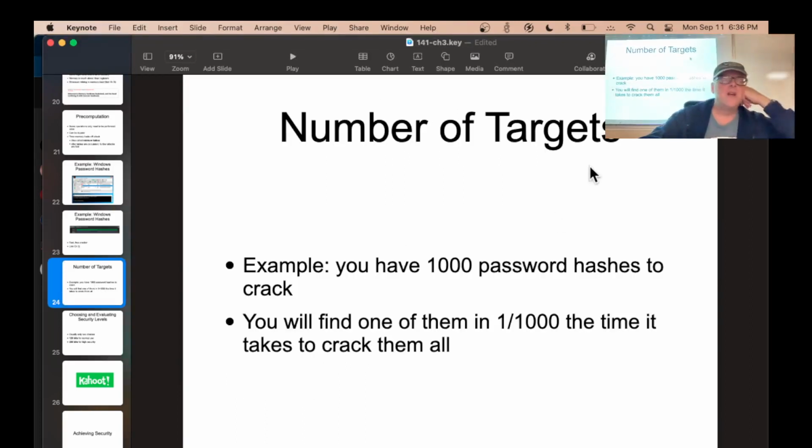And so another one is, suppose you steal a whole bunch of password hashes, which is very common. You hack into a company, you get all their hashes, you have 1,000 password hashes, then it depends on the algorithm. Windows password hashes use no salt, so you can just search for them all. Modern password hashes like Linux and Apple use a salt, so there's a random character added to every password, and so you really have to crack each one individually. You cannot make a pre-computed table of anything to be useful. That's to stop the rainbow table attack, that you use a random salt in the password.